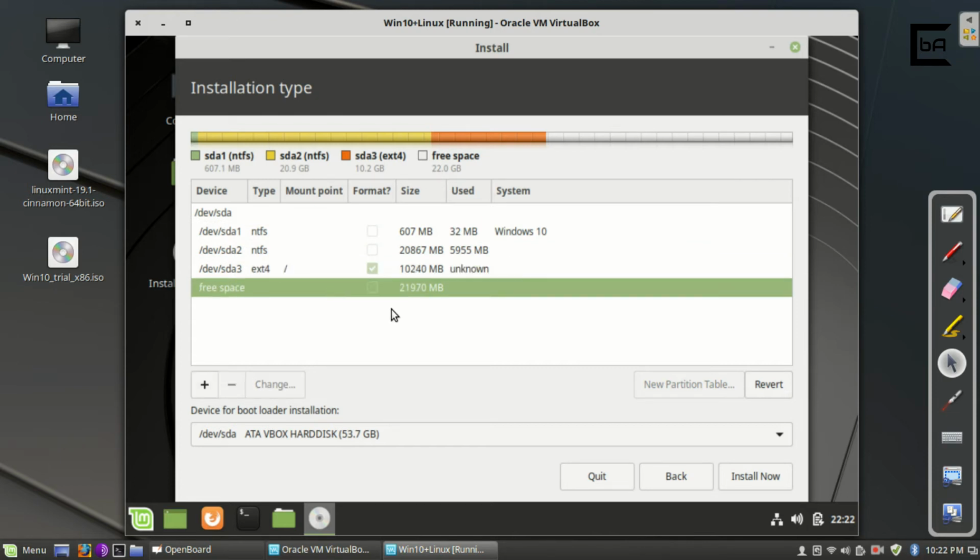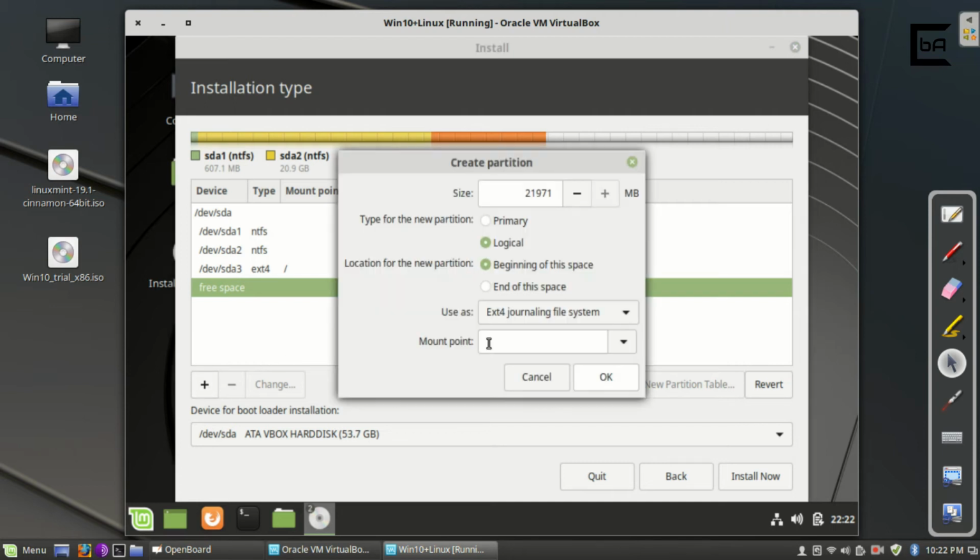Now we can create 4 primary partitions or 3 primary partitions and 1 extended partition. The extended partition can have multiple logical partitions. So if we go ahead and create another primary partition, let's see what happens. Along with a Linux